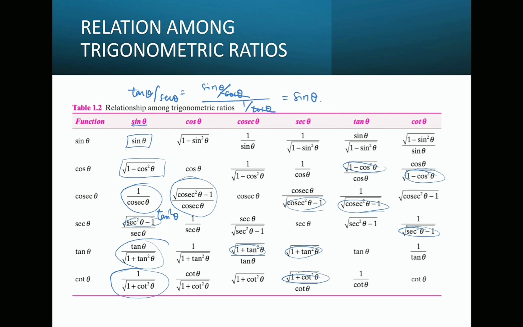This is not something which you have to memorize. You have to memorize three basic identities: sin square theta plus cos square theta equals 1, 1 plus tan square theta equals sec square theta, 1 plus cot square theta equals cosec square theta, and the alternative forms. And the last one, the reciprocal one, sec theta minus tan theta equals 1 upon sec theta plus tan theta, and cosec theta minus cot theta equals 1 upon cosec theta plus cot theta.